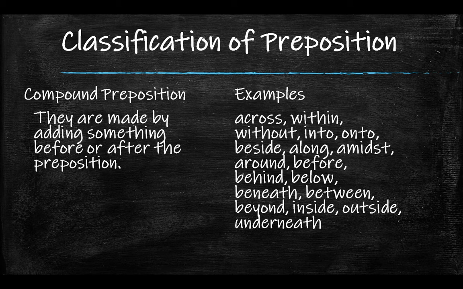So these are compound prepositions. They are themselves single words, but these single words are made by combining two elements. Two words maybe, or something is added before or after another word to make it a compound preposition. So let's move on to the next type,